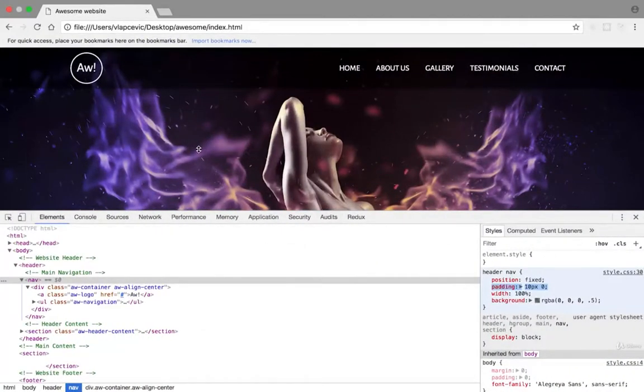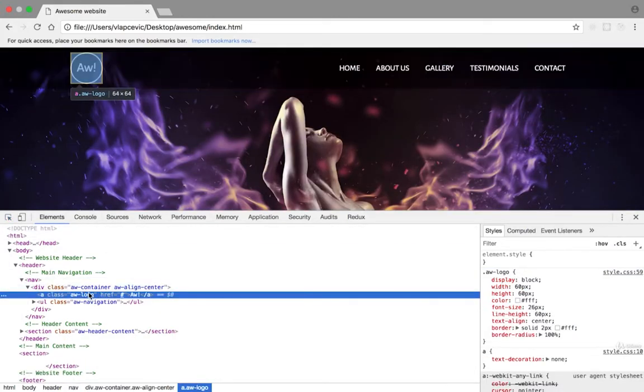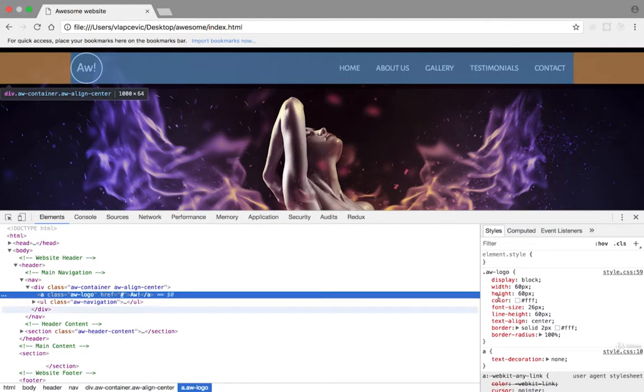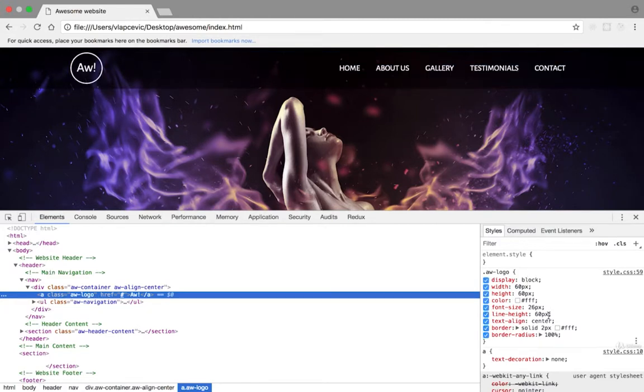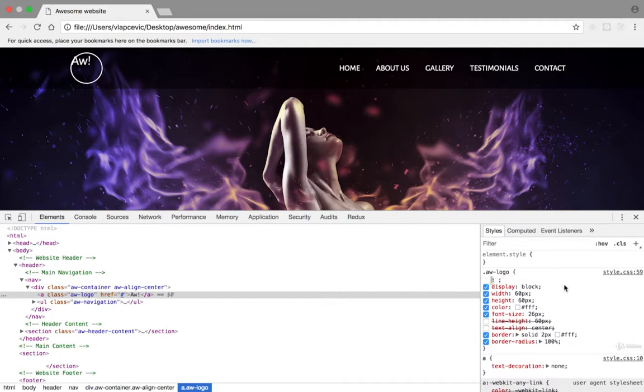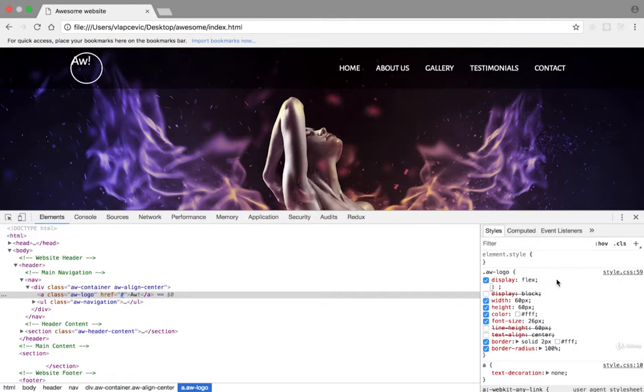And also there is one other thing that I want to do in this video, and that's to apply our knowledge we gained about flexbox to our logo. If you take a look, last time to align text inside of our logo, we used this line height and we also used text align center. But actually we don't have to do that. We can use some modern way, like adding display flex here and just remove this display block we already had, and then say it